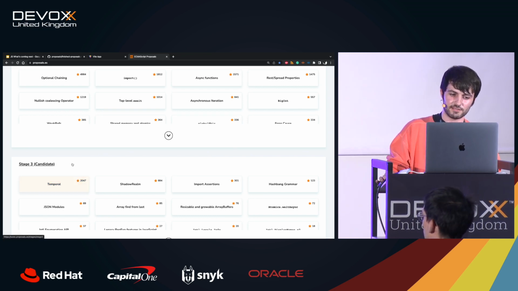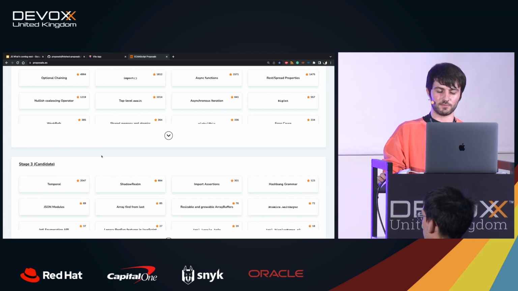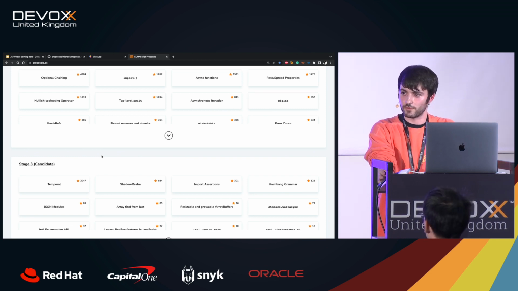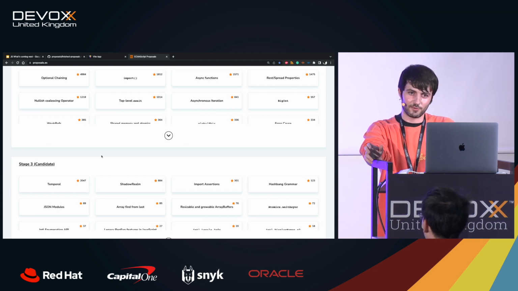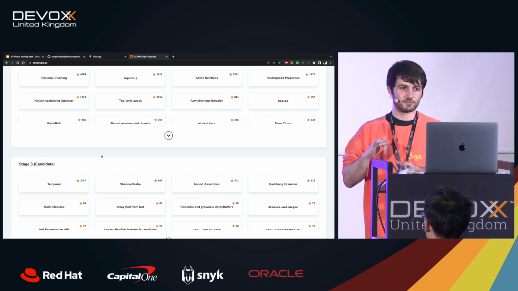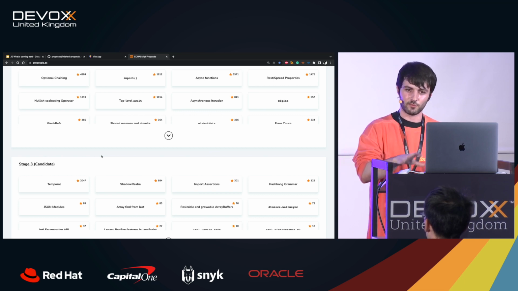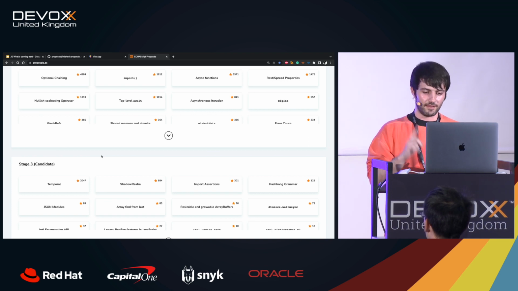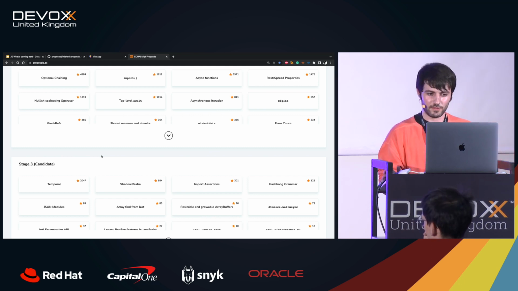So the first one we're going to focus on is Temporal, right? And this one comes to solve a problem that I'm pretty sure a lot of people who work with JavaScript have already had, and that is working with this class that no one likes called Date. If you ever had to work with Date, then that might be a little bit problematic, right? Because it has a lot of problems. It's mutable. It doesn't support time zones. It only supports UTC and the time zone where you are running the code, right? The parser is not reliable. You can even set the month and then set the same month again, and it will give you a different month. It's crazy, right? So we don't do Date here.